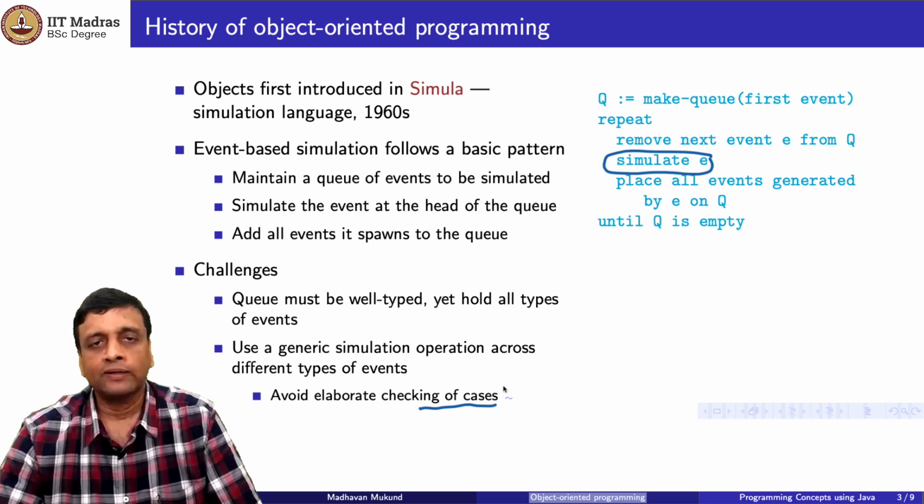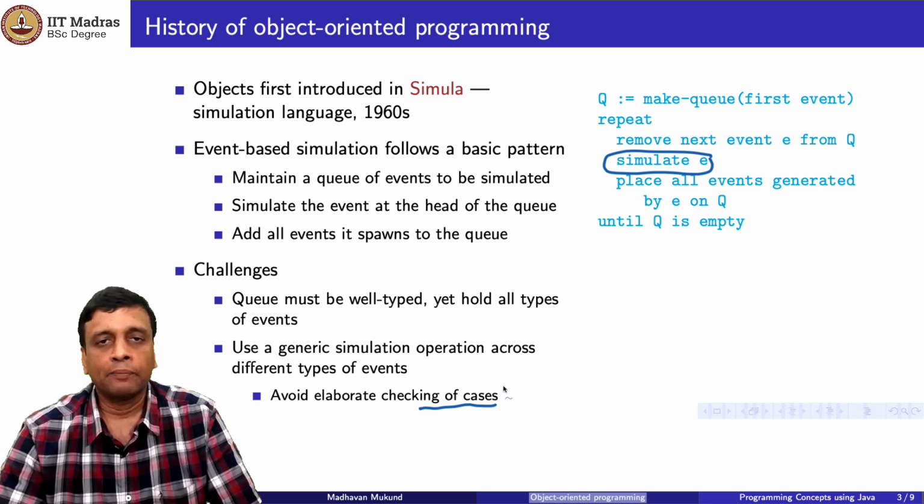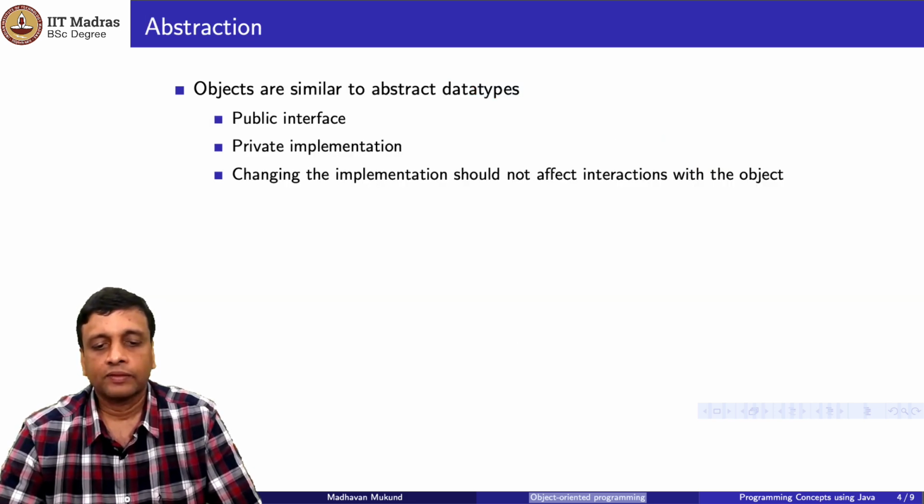has with it a method or a function or a member function or whatever, which tells it how to simulate itself. So we just activate this function on the event, and each event in some sense knows how to simulate itself. So this is the kind of model that Simula was trying to create, and this is the reason why Simula needed objects, right? It needed some way of telling each event to simulate itself without going into this elaborate description of which type of event it is at the time of calling the function.